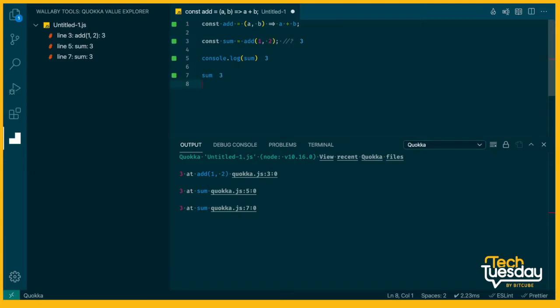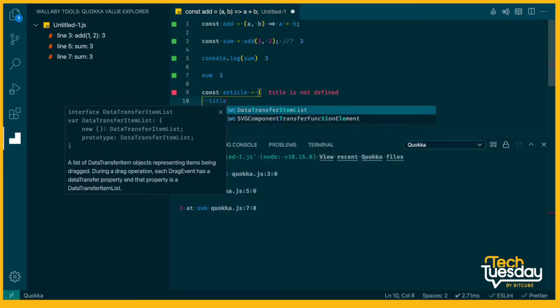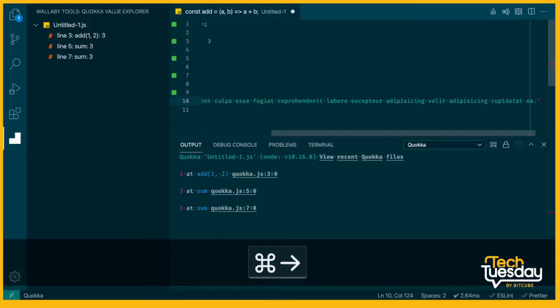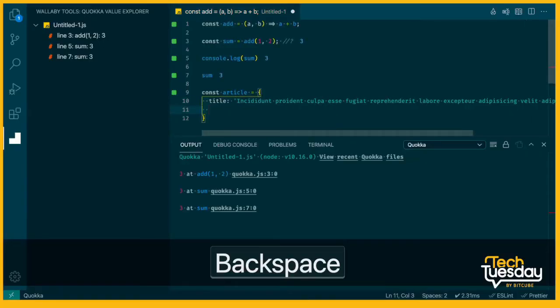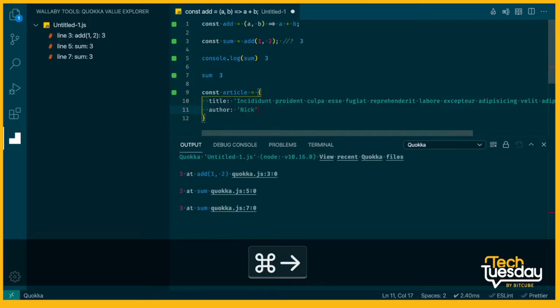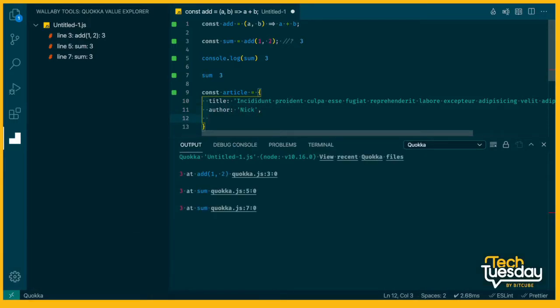Quokka isn't limited to displaying just primitive values such as strings or numbers. You can also log out objects as well. To illustrate this, I'm just going to define an arbitrary article object, which has a title. I'm just going to insert some lorem ipsum here, and then say that I wrote this article, which technically I did, and it was published at